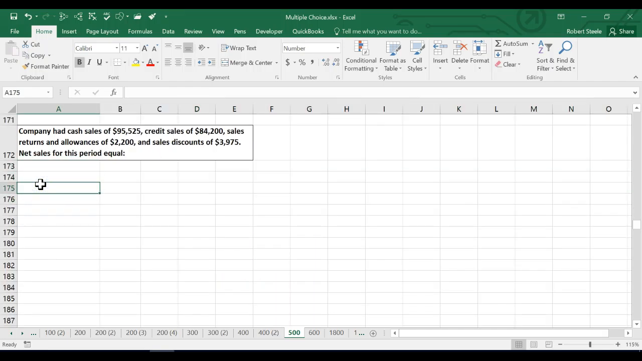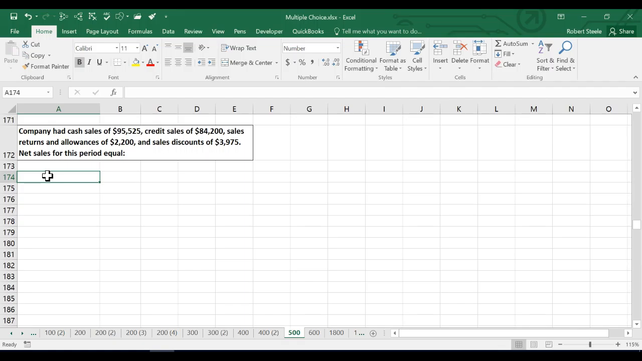Next one, company had cash sales of $95,525, credit sales of $84,200, sales returns and allowances of $2,200, and sales discounts of $3,975. Net sales for the period would be what? So it's important here not to confuse net sales and net income. So net sales, remember, is basically the sales minus the contra sales accounts, kind of, which includes sales returns and